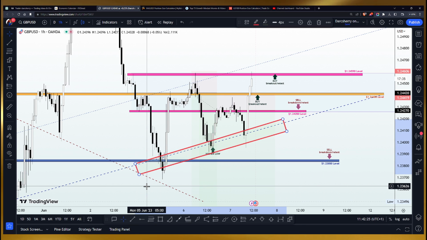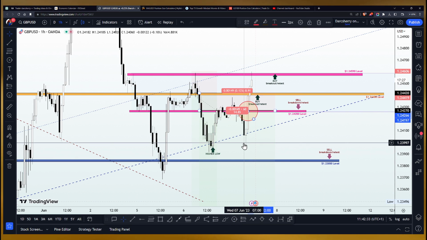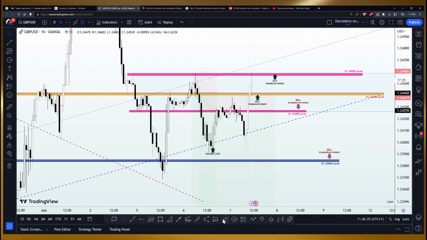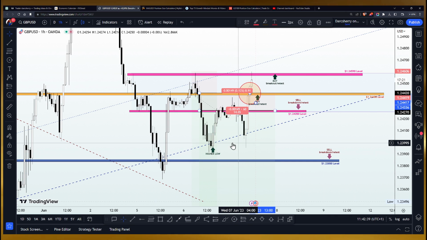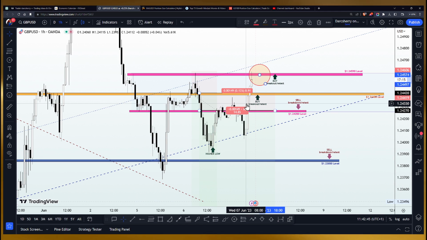And personally for me, when I saw this one, I shared this on my public platform. I said we are going to be getting ready to buy if price action breaks out of the 1.24250 level, and if it also breaks out of our key level at the 1.2440, we want to be adding more position. And if price action goes on to break out of the highest point it has ever been for this week at the 1.24590, then definitely we want to be adding more position.